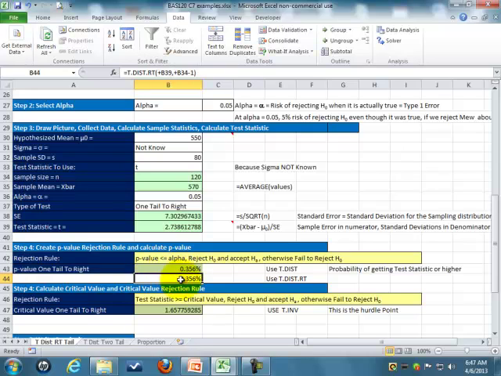Now there's another tool within Excel. Notice up here I had to do 1 minus the t-distribution, because remember Excel goes from left to right. If I didn't put that 1 minus, it would have given me the probability from negative infinity up to a score of 570. So that's why I did 1 minus. If you don't want to do that, Excel has a new tool called T.DIST.RT for a right tail. And if you use that function, you just don't have to do the 1 minus. And notice you get the same thing,